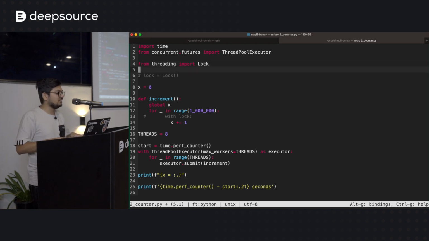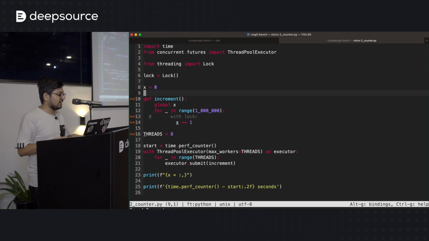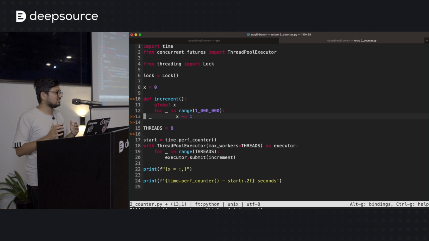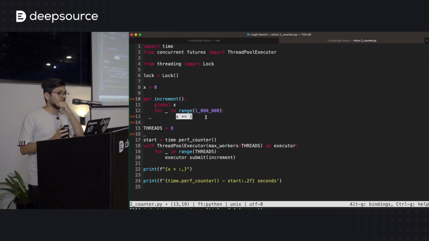Now, single-threaded Python did not have to worry about any of this at all. In fact, even with the commented out code, it didn't really matter, because there were 8 threads, but only one of the threads was able to run x plus equal to 1 at a time.